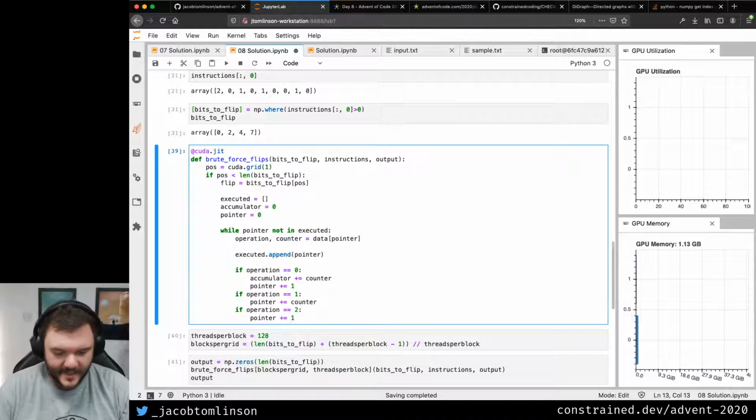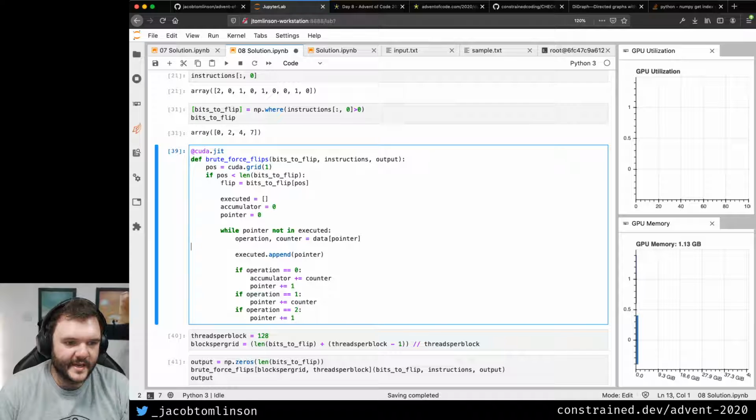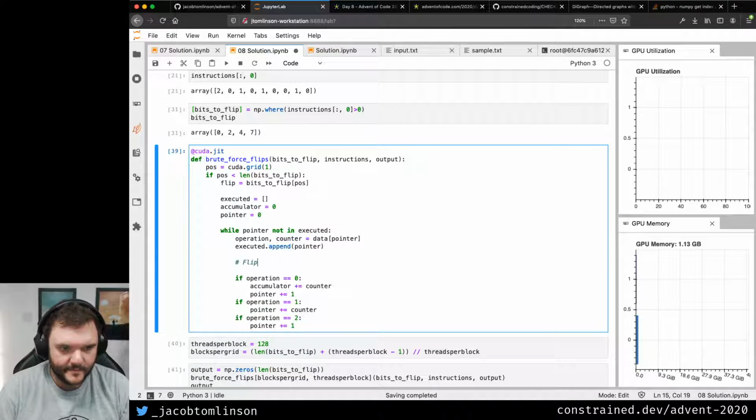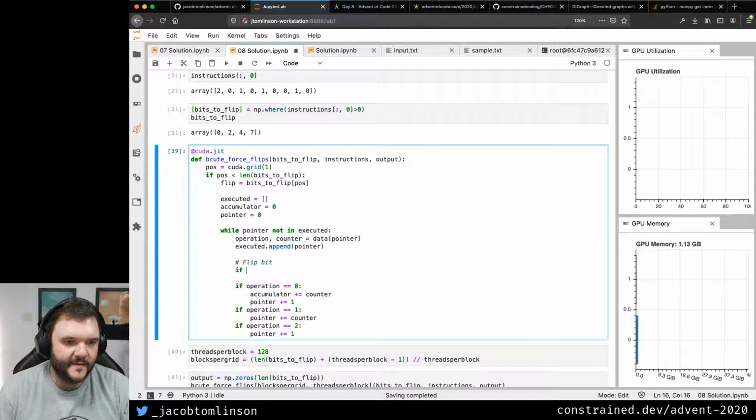So we'll do that, but let's put this logic in here. So let's flip our bit here. If pointer is flip, so if it's on this one that needs flipping,